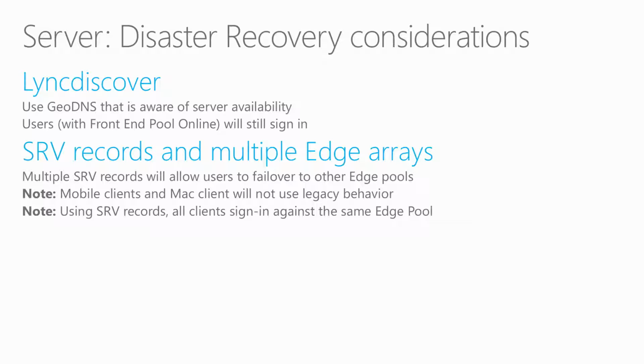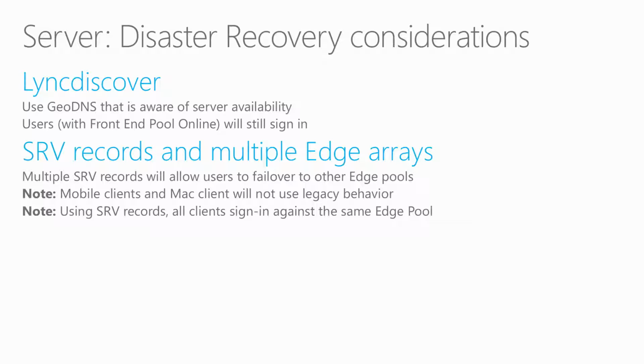However, today, not all of the clients support SRV records, especially the newer clients. So the mobility clients and the new Mac client will not use this legacy behavior. So if you just use SRV records, they won't be able to sign in, and they also won't have any benefit of your failover using SRV. The second drawback with using SRV records is, as said before, all clients will sign in against the same edge